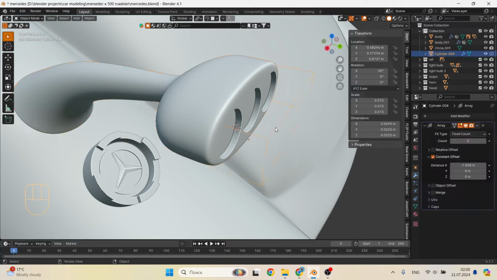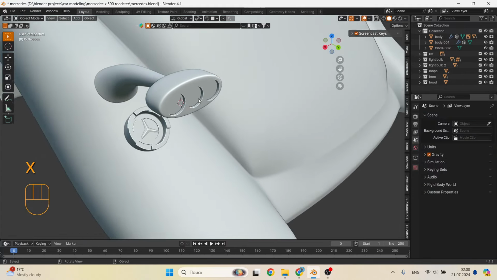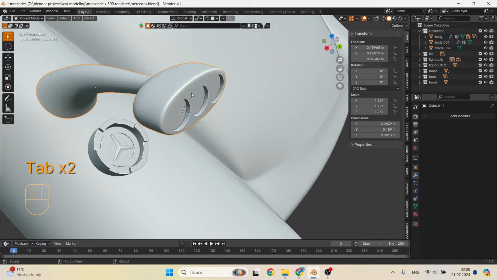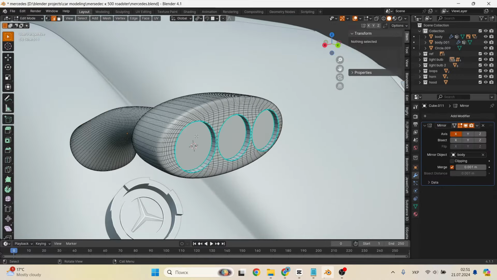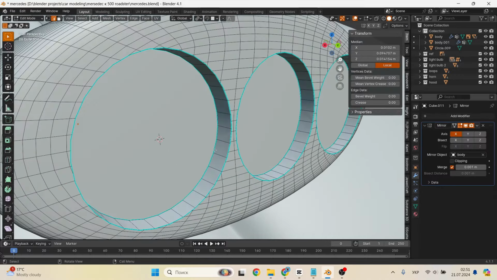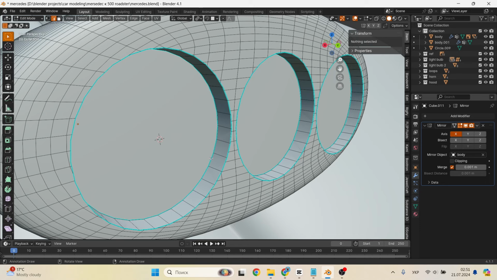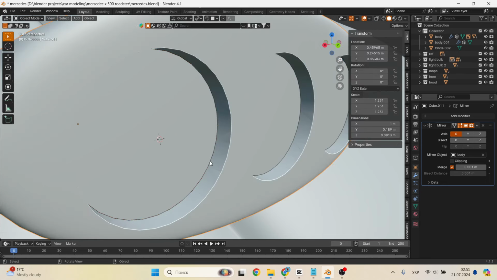When we are ready, we can convert the taillight to a mesh, so as not to apply modifiers one by one. And the grille can be deleted. Next, I suggest making glasses right away. Go to edit mode, select the inner edge loop, copy it Shift D and separate it by pressing the P button, and then by selection.